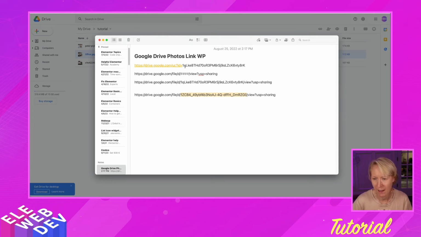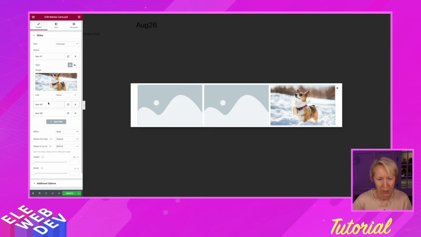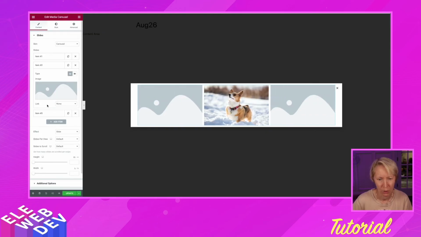I will copy that. I will delete this number. I knew that was going to happen. And paste, and I will copy this address, go back to the pop-up, go to item number 2,